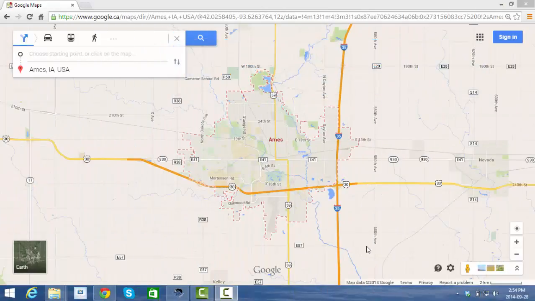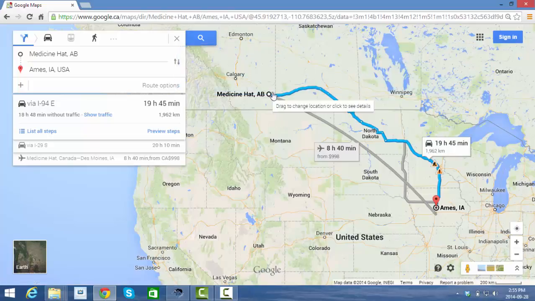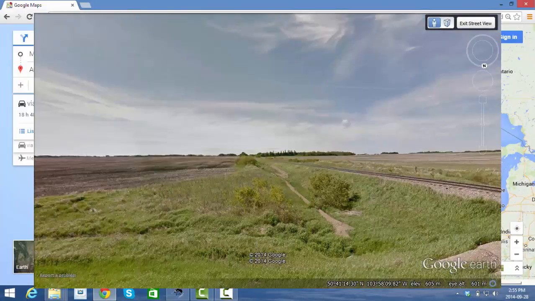At this level, students are beyond simple giving directions activities, but you can still use Google Maps for things like giving presentations, incorporating other applications. Here's an example of storytelling combining Google Maps and Google Earth, taken from my own experience driving to Ames. The shortest route, according to Google Maps, was driving through southern Saskatchewan, but since I've been bored by that landscape many times before,